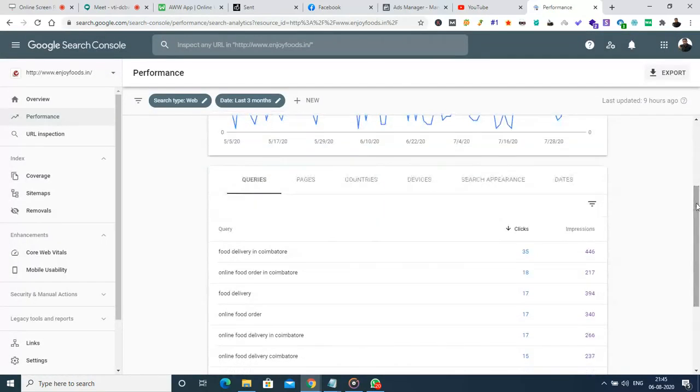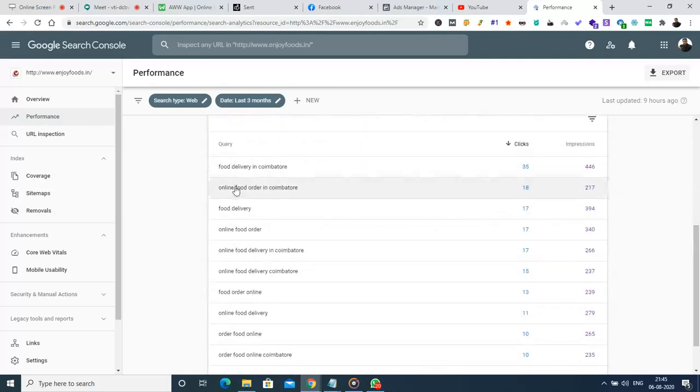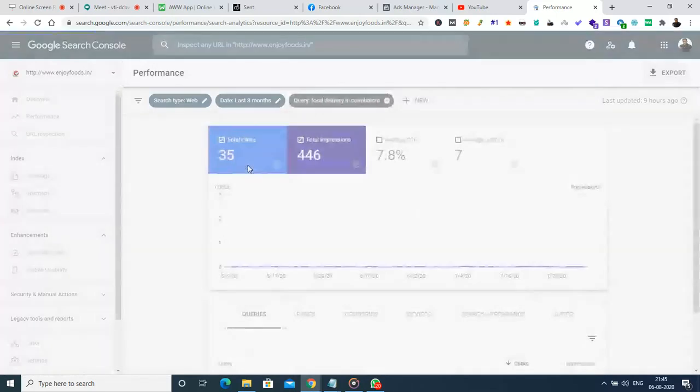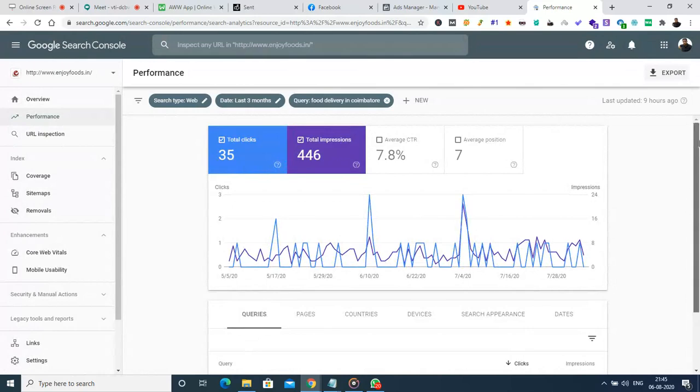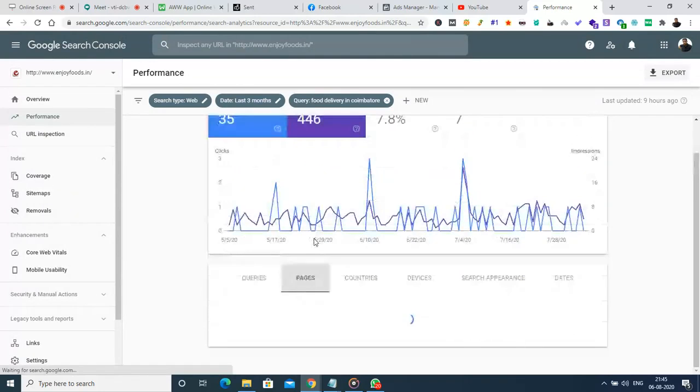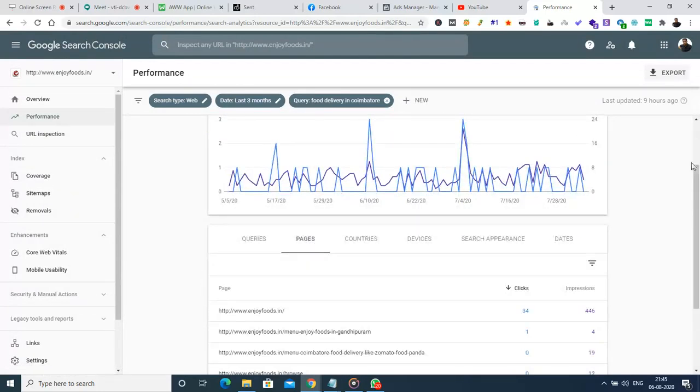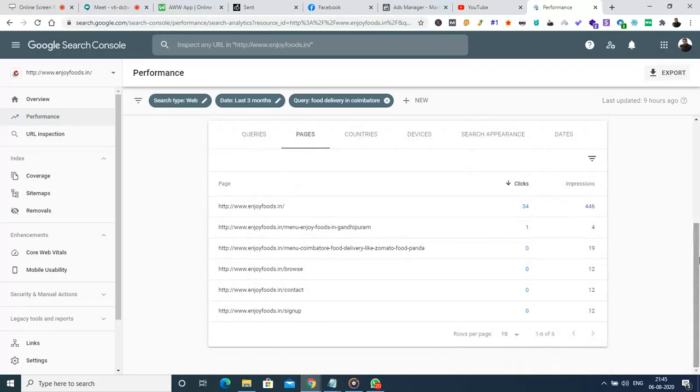Okay, so here, I have taken a keyword search, that is, food delivery in Coimbatore. When I looked at this, the web pages which are all targeting food delivery in Coimbatore are enjoyfoods.in, Enjoy Foods menu, Enjoy Foods in Gandhipuram, and menu Coimbatore food delivery like Zomato, Foodpanda, etc. So these are all the web pages which are competing for the same keyword,